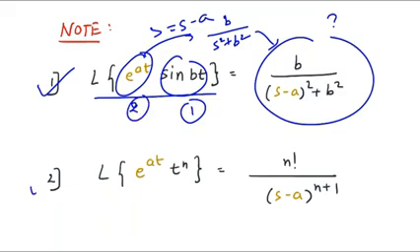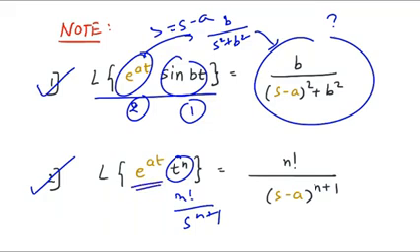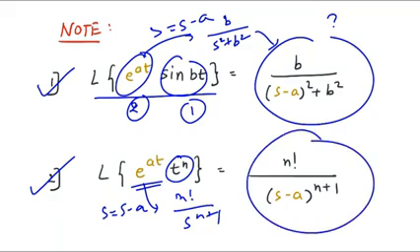If you have understood this, tell me the Laplace of e raised to plus at into t raised to n. Again, it's simple. Our function is t raised to n. Laplace of that is n factorial upon s raised to n plus 1. But this is not the final answer because e raised to at is multiplied to the function, right? So you have to do the shifting part. So s is s minus a, that is shifting of the position. So the final answer would be n factorial upon s minus a the whole raised to n plus 1.